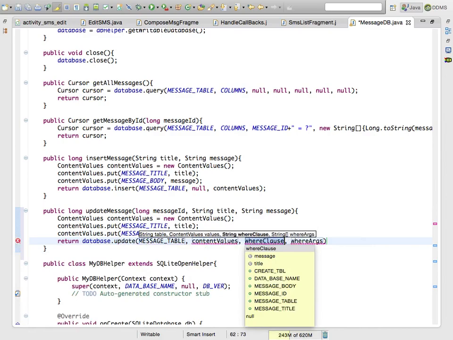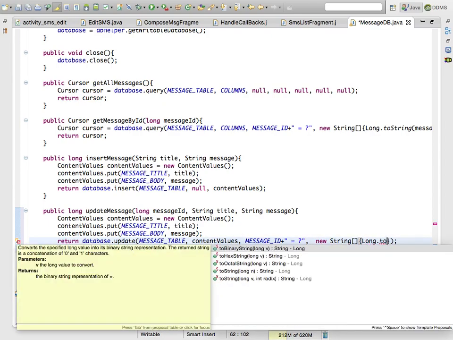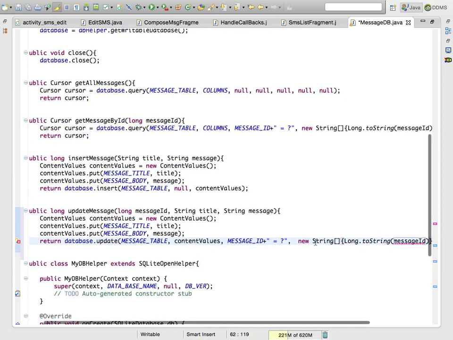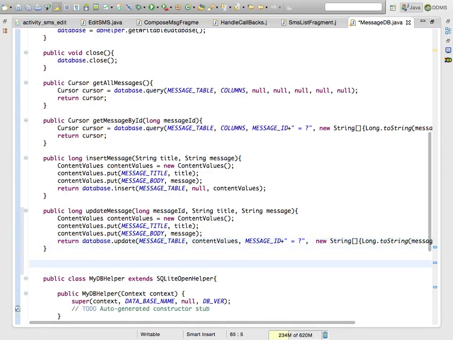Message table, content values, where clause, so it's going to be message ID. So this will make sure your message is updated, and finally